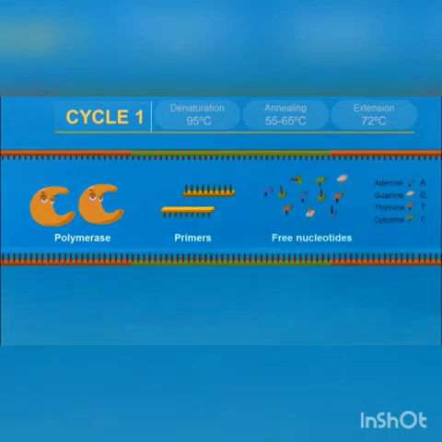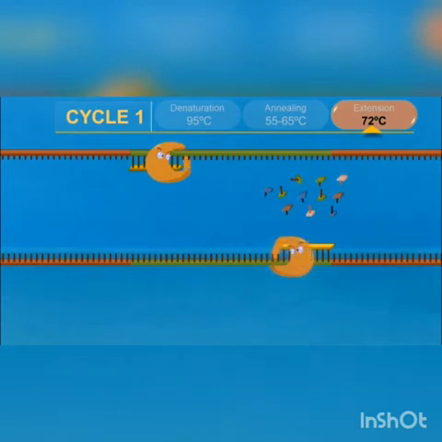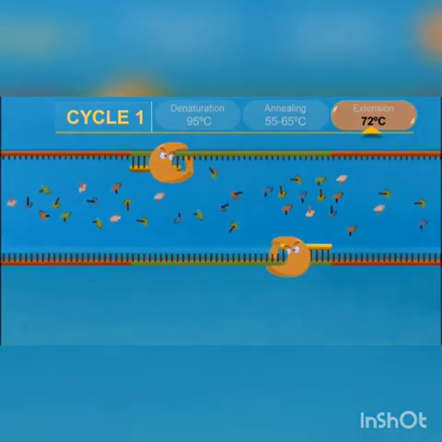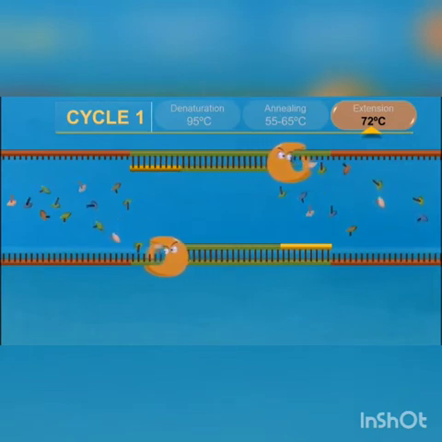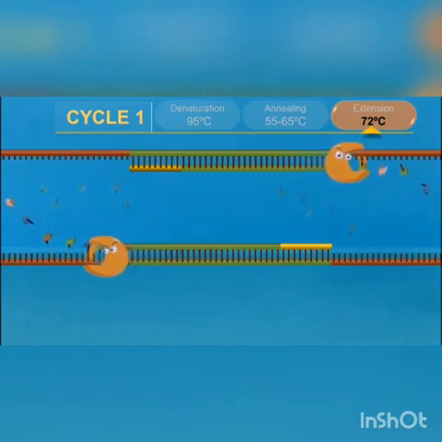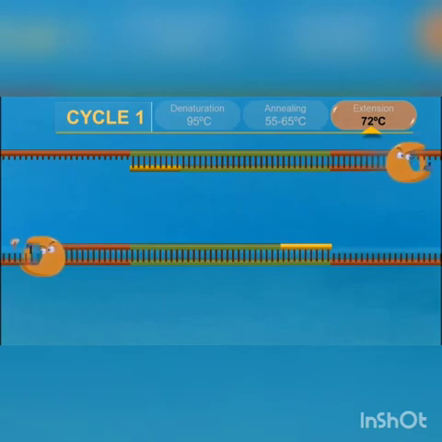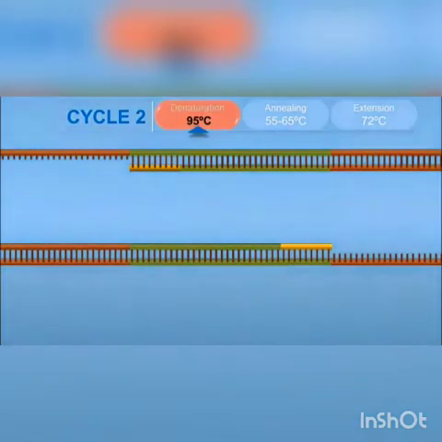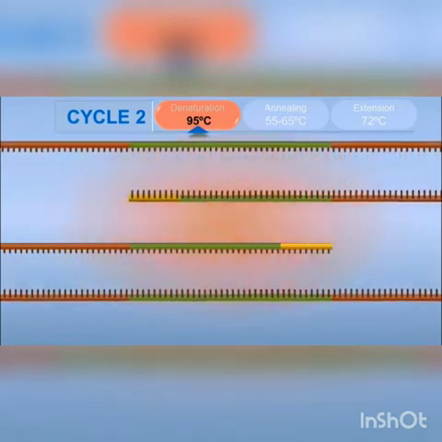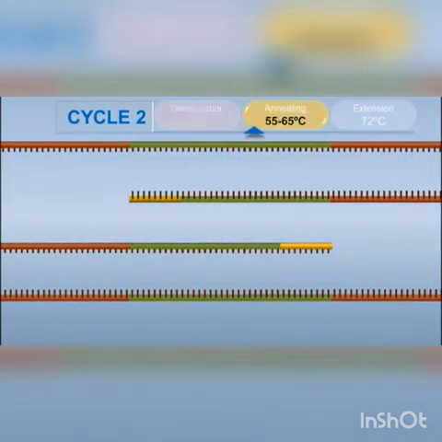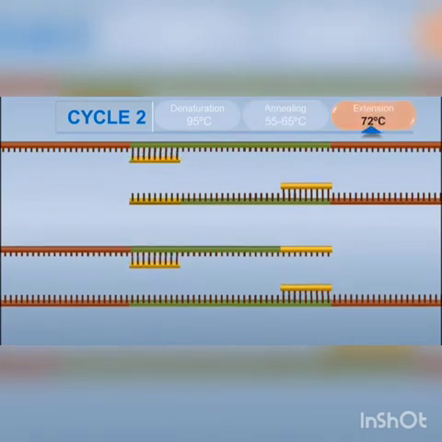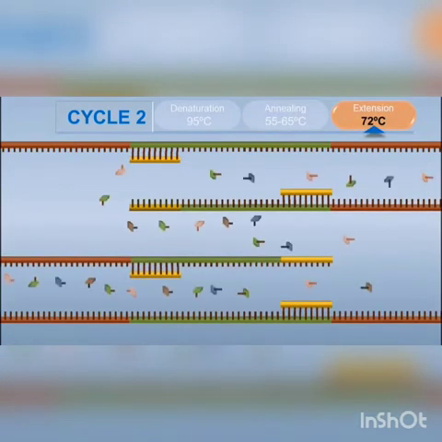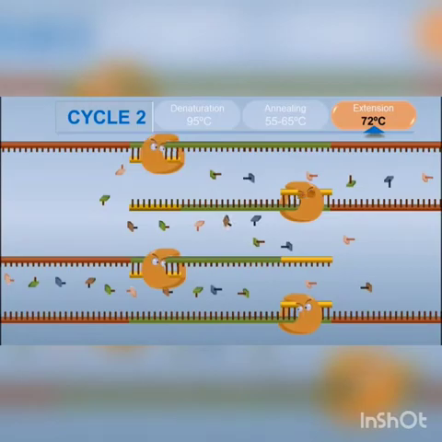During primer extension or synthesis, the temperature of the mixture is increased to 75 degrees centigrade for a sufficient period of time to allow this TAQ DNA polymerase enzyme to extend each primer by copying the single strand template. These steps are repeated again and again to generate multiple copies of the desired DNA. This process is also called DNA amplification.